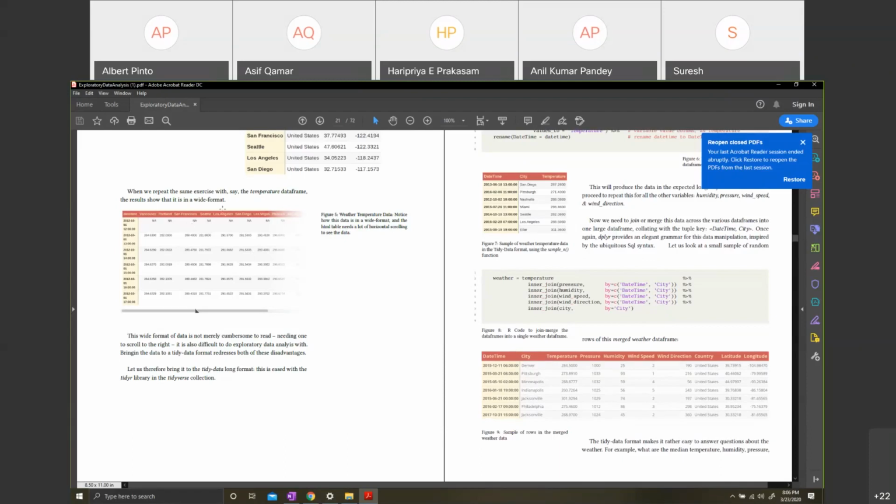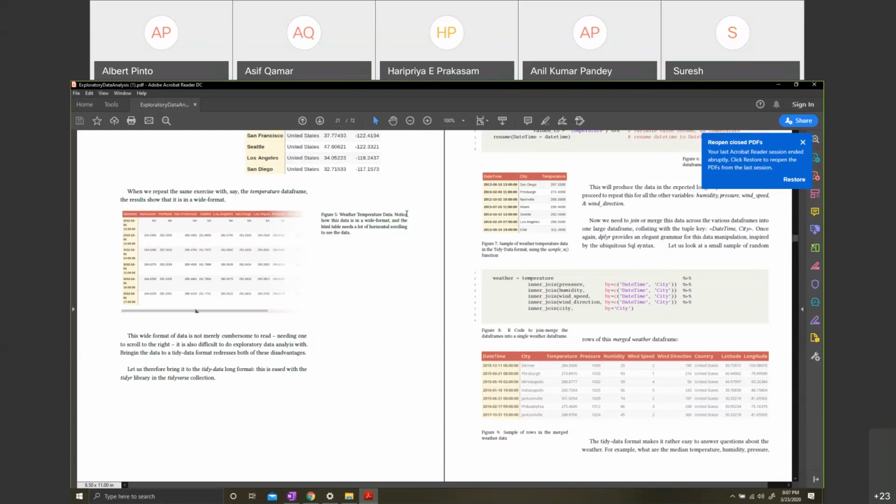There can be arbitrarily many cities. What it means is that this table can be arbitrarily wide. It so happens that in this data, there are only about 32 cities. But in technical terms, the number of cities can be arbitrarily large, so it can be a very, very wide data set.